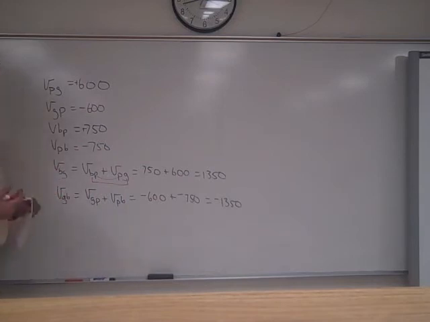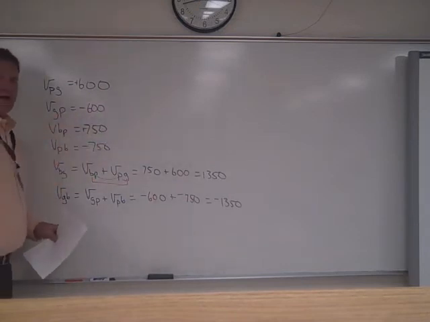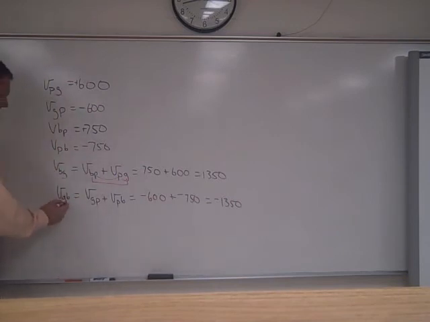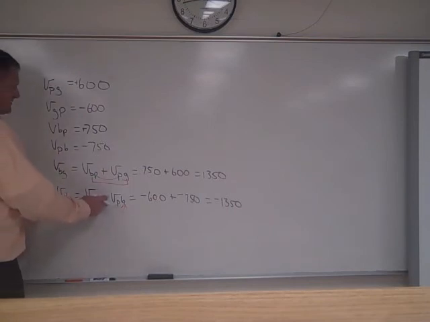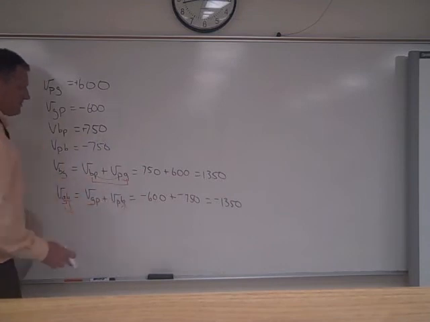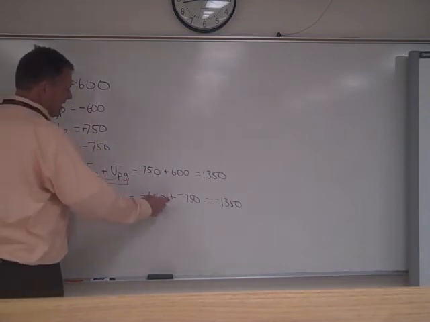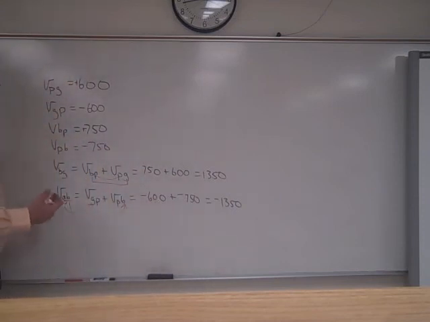Now, what does the bullet see? So imagine you had a camera on a bullet. If the bullet's moving that way, it looks like the ground's moving that way. So how would you add that? Once again, the velocity of the ground with respect to the bullet. We have to have the first letter here, we do, and the last letter has to be here. And in between, they have to have a common letter. So velocity of the ground compared to the plane plus the velocity of the plane with respect to the bullet. We have negative 600 miles per hour plus negative 750 miles per hour. The bullet sees the ground moving away from it at 1,350 miles per hour. I didn't write the units, I just tried to